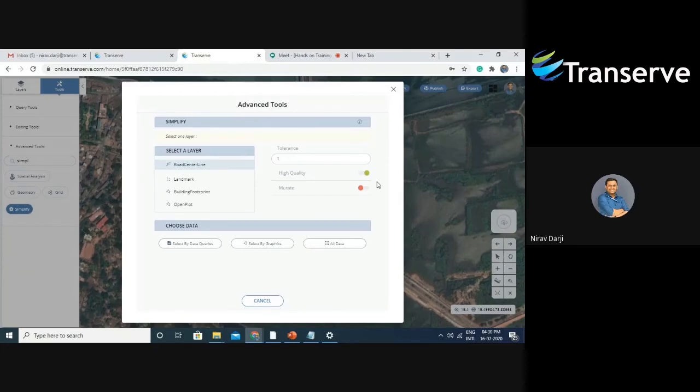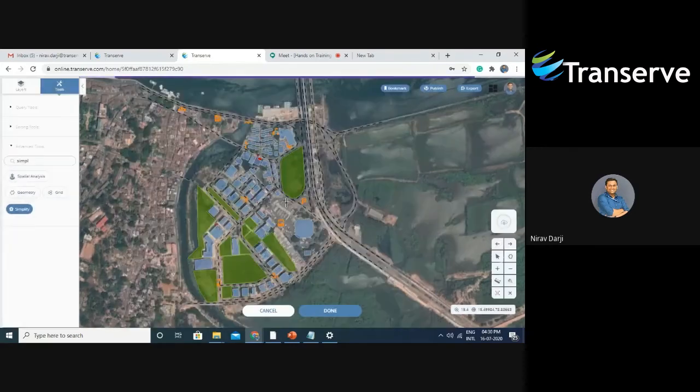There is a tolerance you can put between 1 to 10. High quality means if there are any sharp turns or curves, it will smoothen out those curves and turns. For example, if in digitization any kind of distortion has happened or any vertices have not been digitized properly, you can smoothen that out with this too. So let me try with only one line.